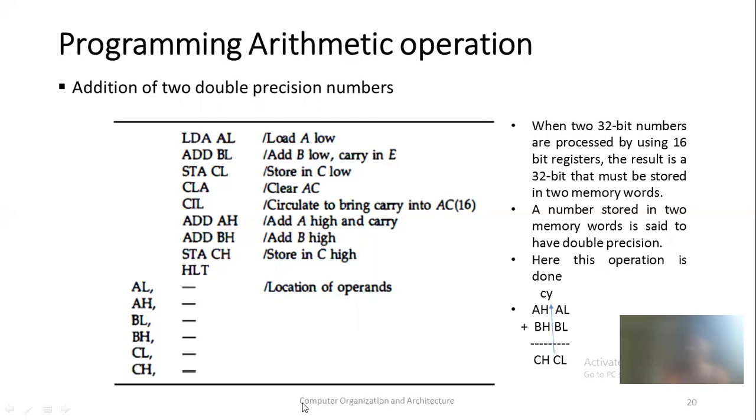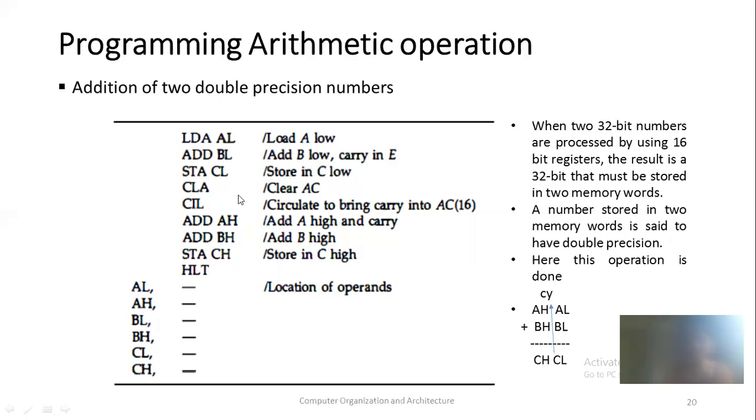First, you have to add the lower 16 bits, find out the result, and store the result. If any carry is generated, then pass it to the next 16-bit addition, that is of the higher bits, and add the carry which you got from the lower 16 bits. In this way you can add this 32-bit number using just a simple 16-bit register. So let me do the addition of this double precision number.